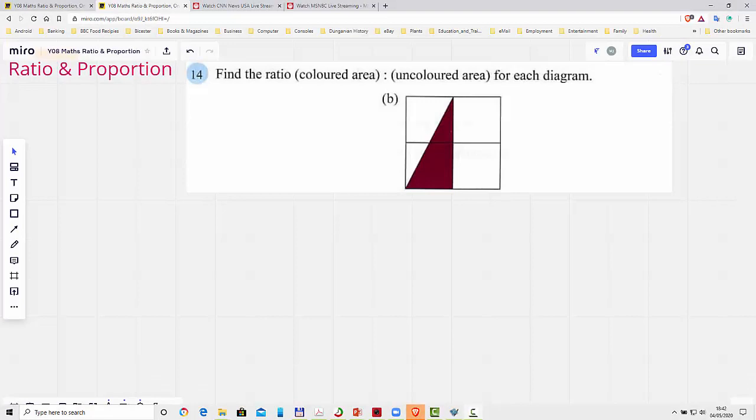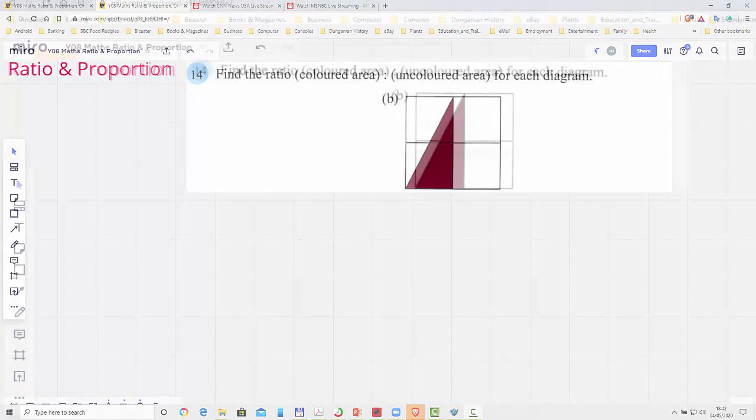We have the same problem with 14 part B. Maybe not quite as straightforward, so you have to think about this a little bit more. We have a triangle drawn inside a square. The square is made up of 4 separate smaller squares. We need to work out the area of the coloured triangle as a ratio with the remaining part of the